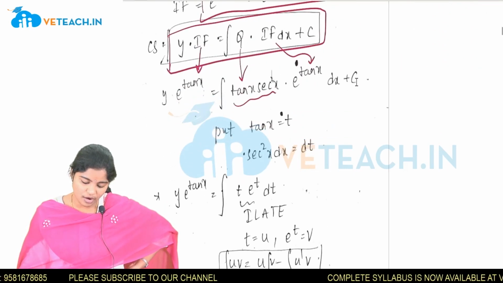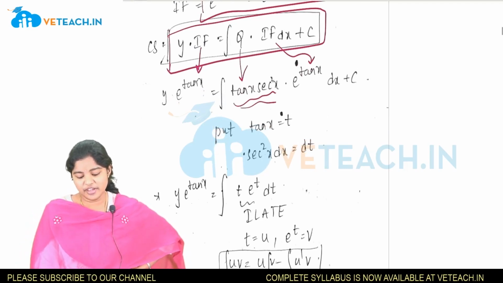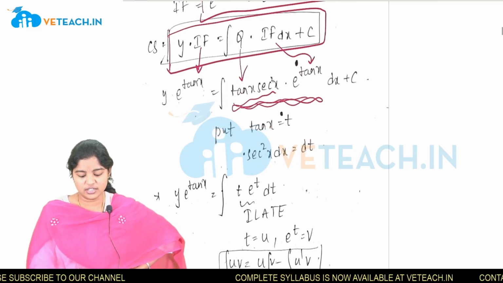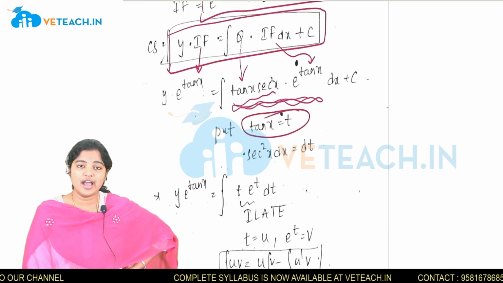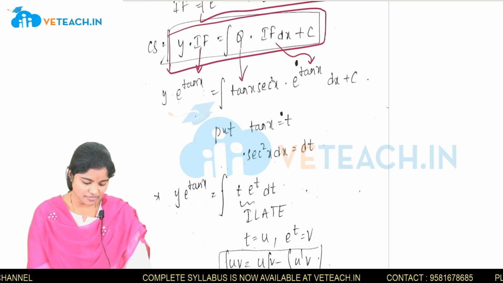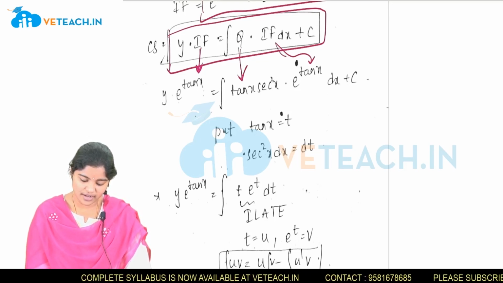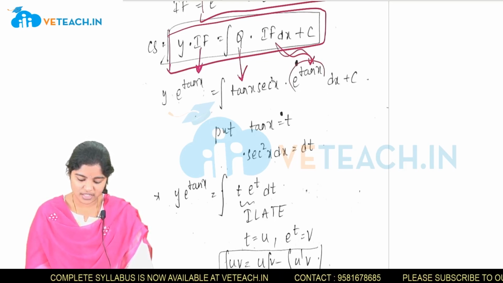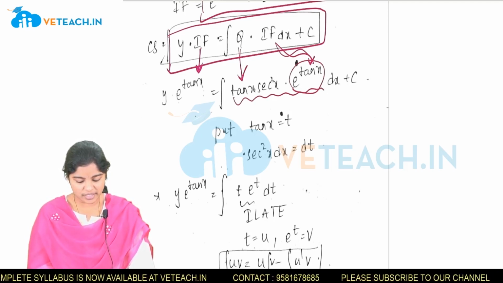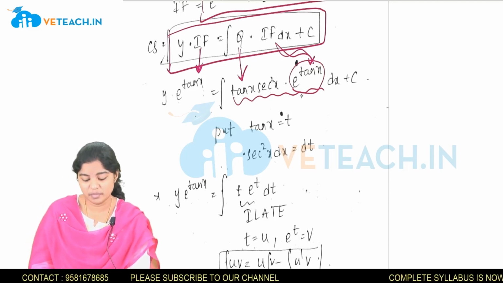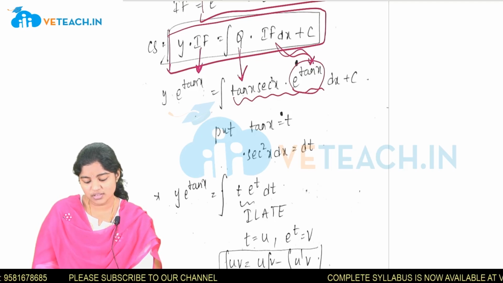We have two trigonometric values multiplied with each other and an exponential. It will be very difficult to resolve this integration. In order to make it easy, I have substituted the value of v as e power tan x, and u is equal to tan x into secant square x. Here we observe that the integration is a multiplication of tan x, secant square x, e power tan x and so on. It will be very difficult for us to resolve this integration.